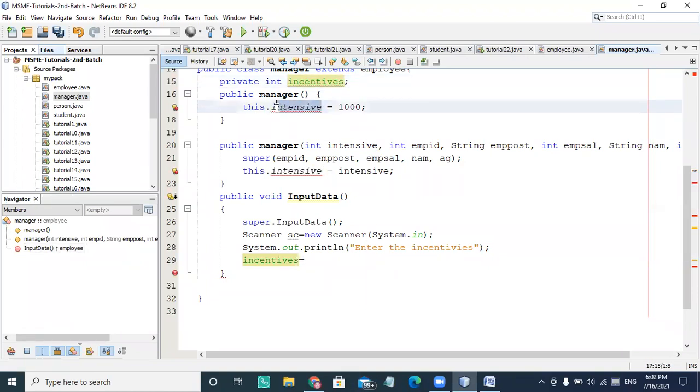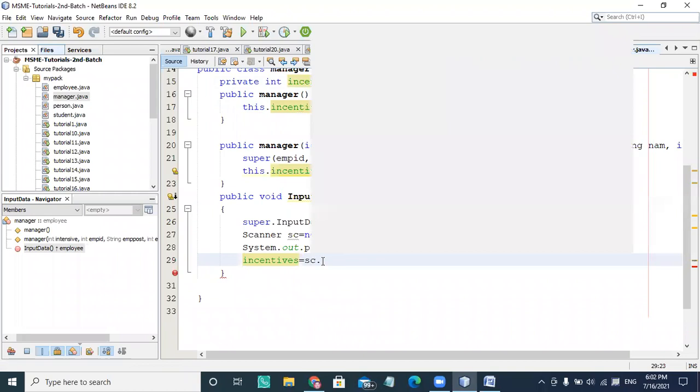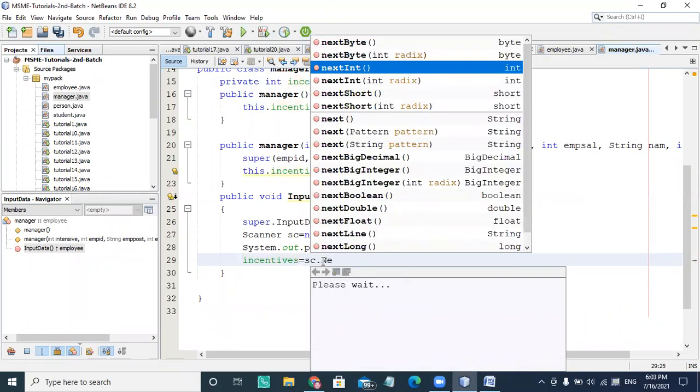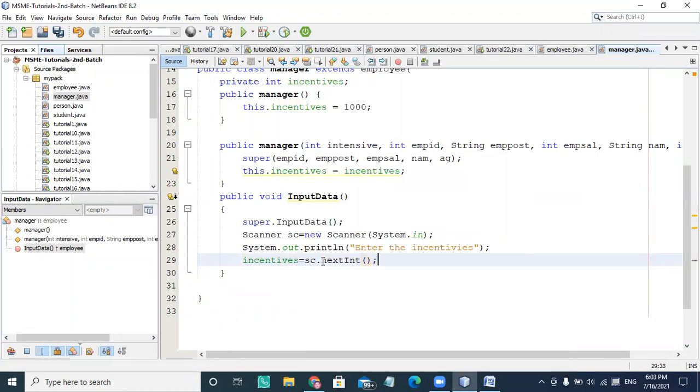Okay. So look at these incentives. I'm taking sc.next, and the next thing will be the integer kind of data.